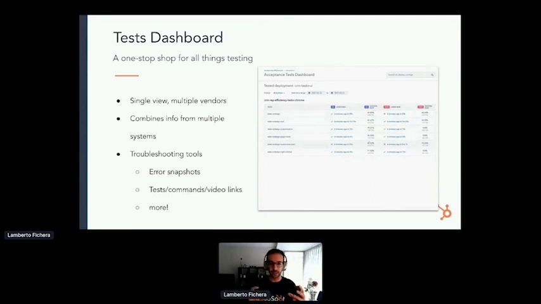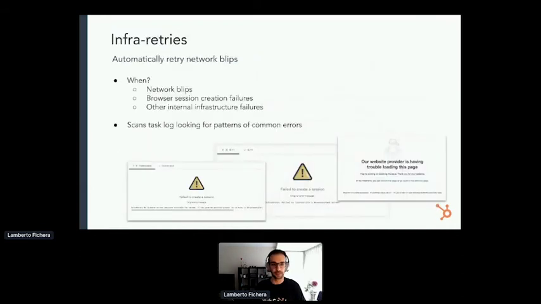There's also a link that we created between tests, commands, and videos, which is something that allows you to say that this failure that happened at, I don't know, minute 5 in your video is related to a specific test case in your Selenium tests, and it's also bound to certain Selenium commands on BrowserStack or on the remote server. There's a lot more of these, so I just wanted to give some examples of troubleshooting tools or debugging tools, as we call them.